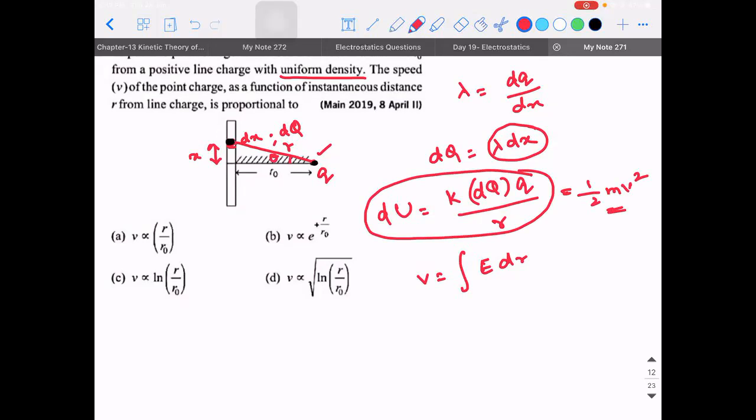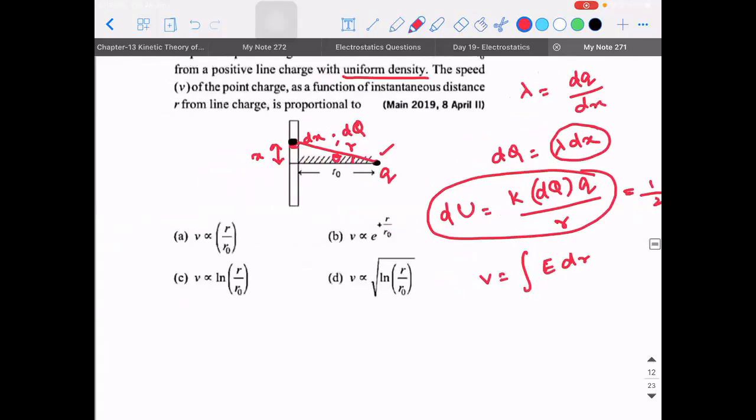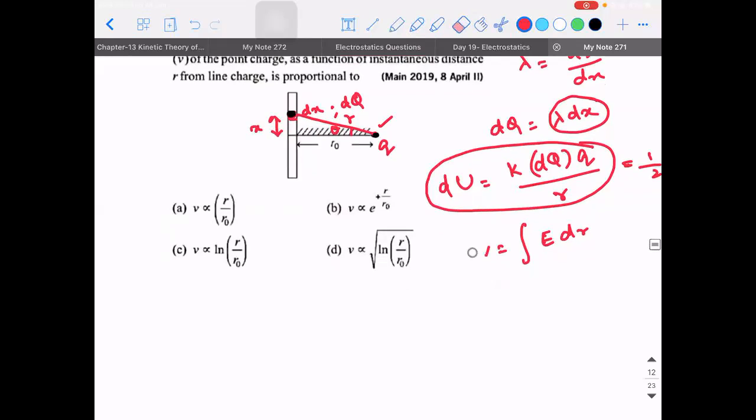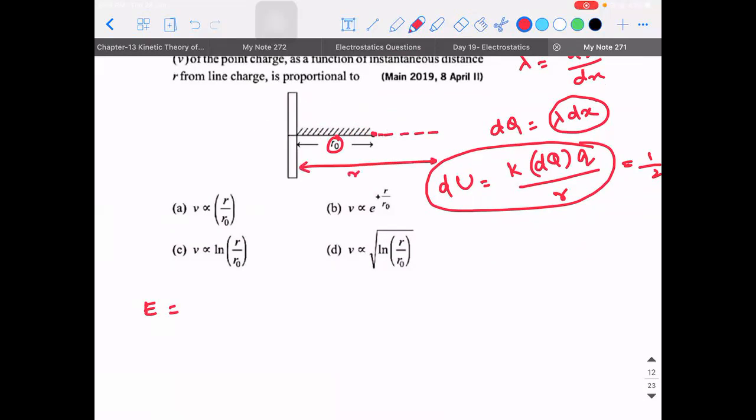So why don't we go with the basics of what we already know with respect to a linear charge? Since, as he told, you know the electric field, right? What is the electric field due to a linear charge at a distance r from it? So r naught is okay. r naught is the initial distance. As the charge keeps moving, let's say this distance is r. That's what they're mentioning, no? I hope you understood the question.